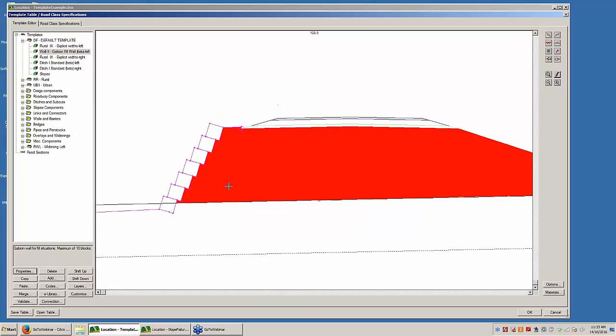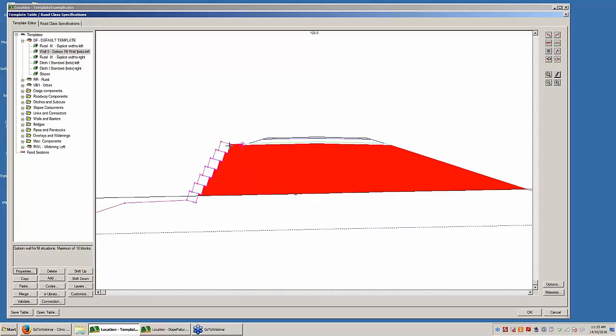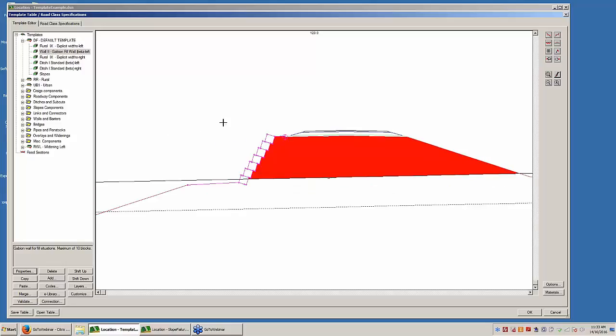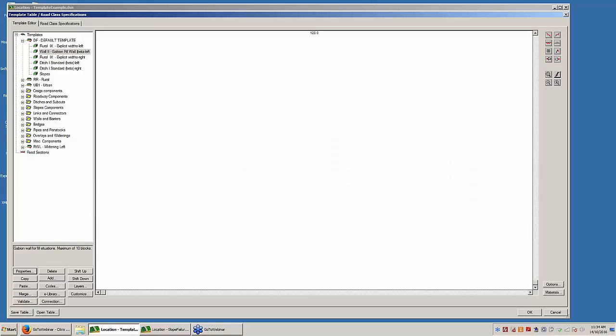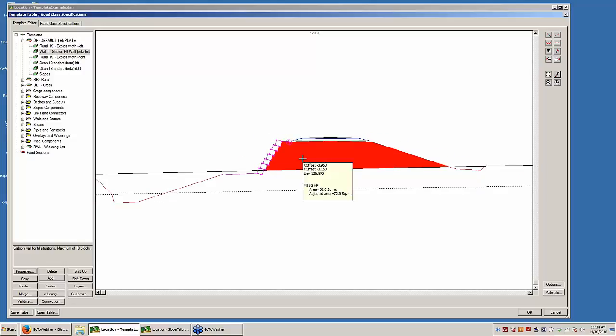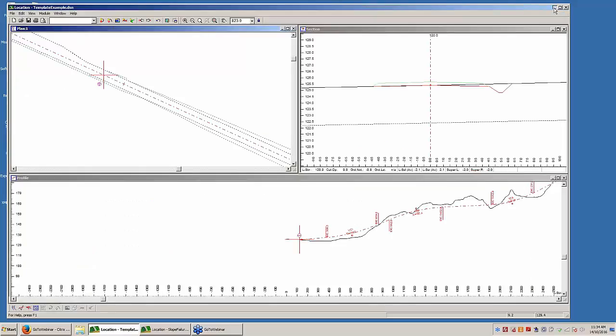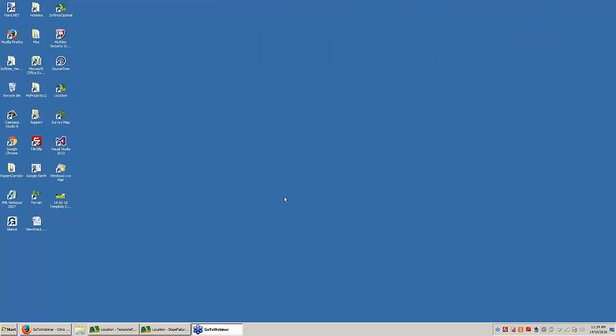So, yeah, an important concept here is that there are surfaces involved, and the surfaces are built up sequentially by applying these different components. The last thing I wanted to show you very quickly, and I'm going to switch examples to do this, is a lot of people want to do all sorts of fancy things with their cross sections, and